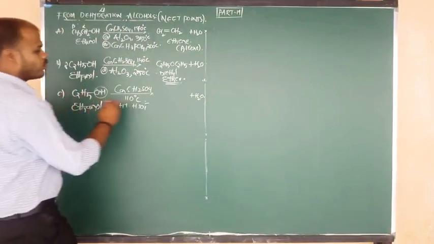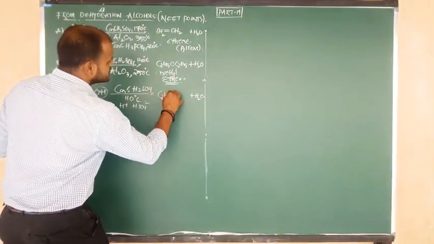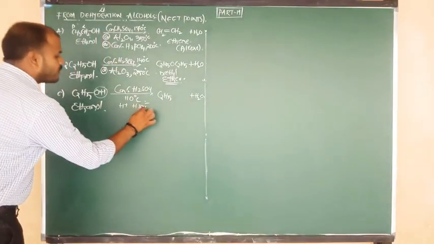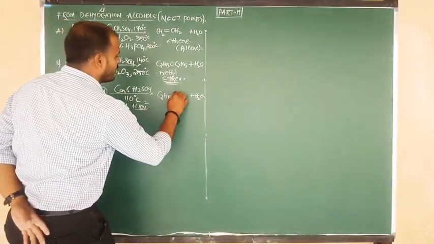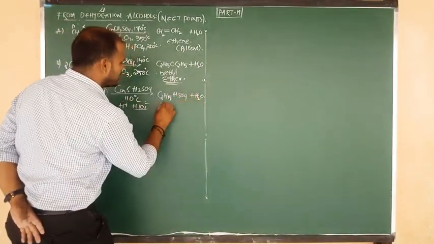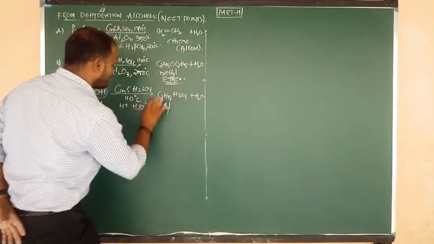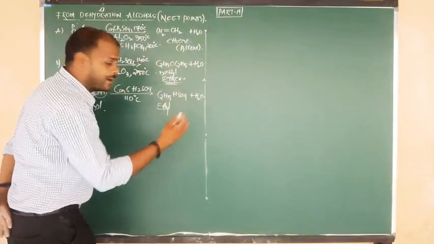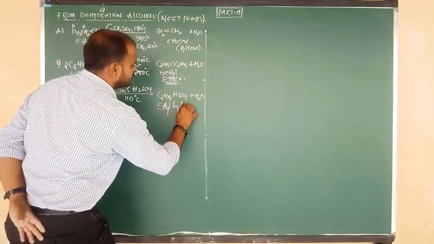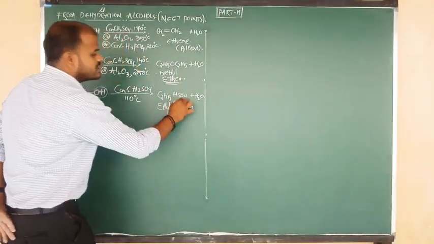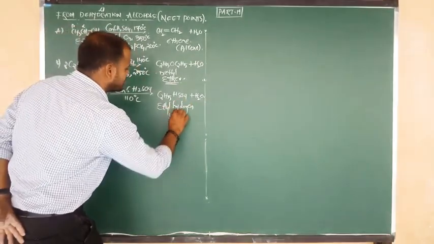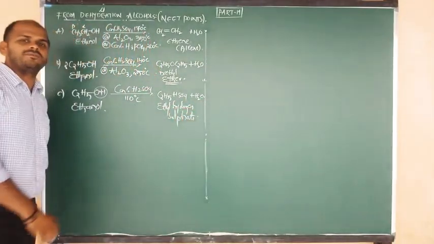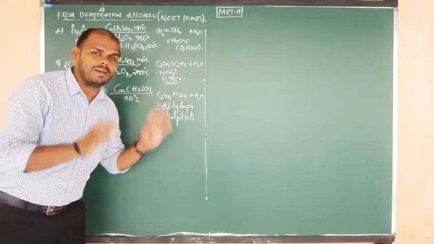Good. Remaining group is what? Ethyl. What is the formula of ethyl? C2H5. And here, what is the remaining group? HSO4. So what is the product name? Ethyl, and in between is hydrogen. The group SO4 we have to say is sulfate. So the product name is ethyl hydrogen sulfate, or we can say ethyl bisulfate.